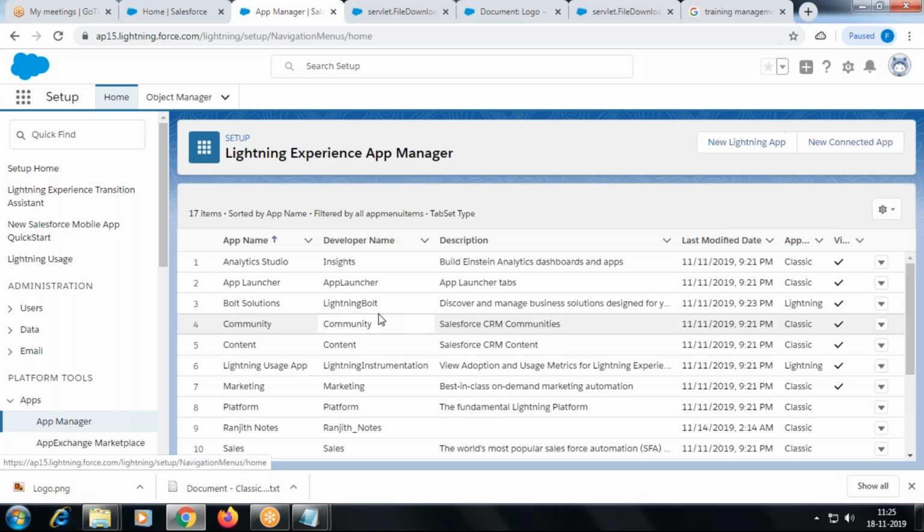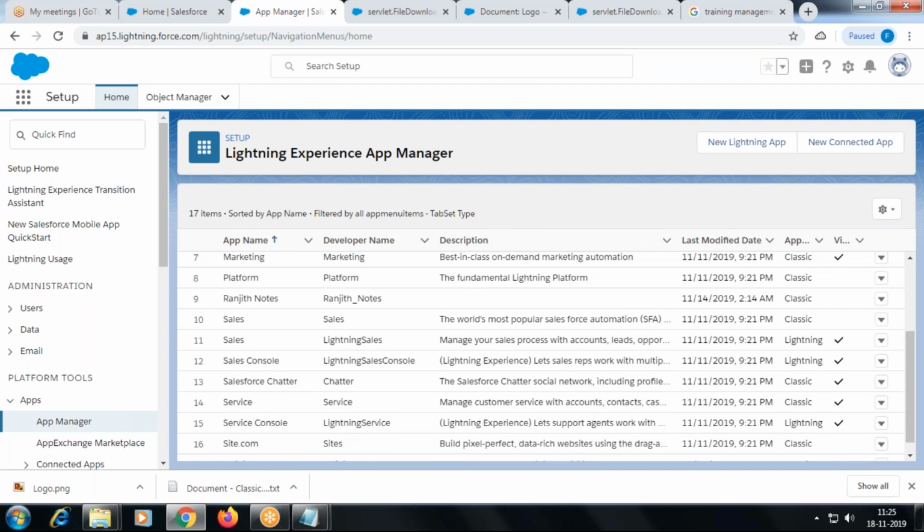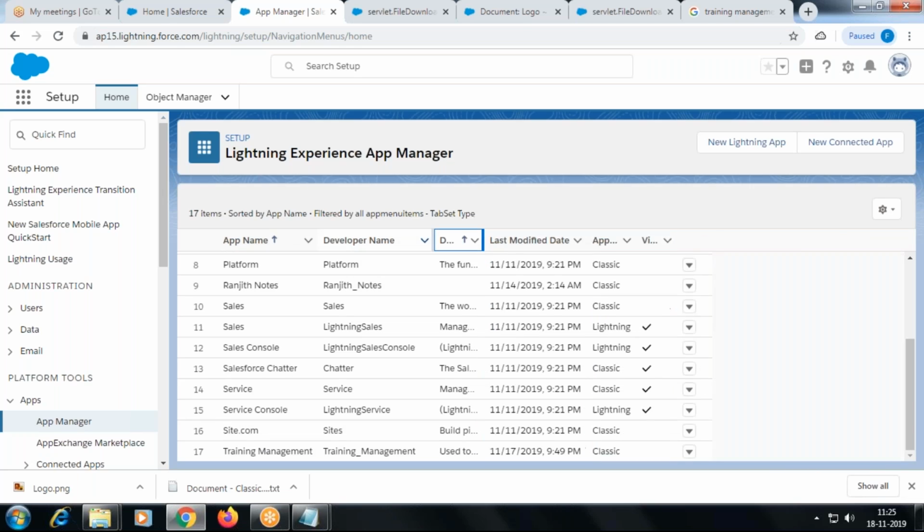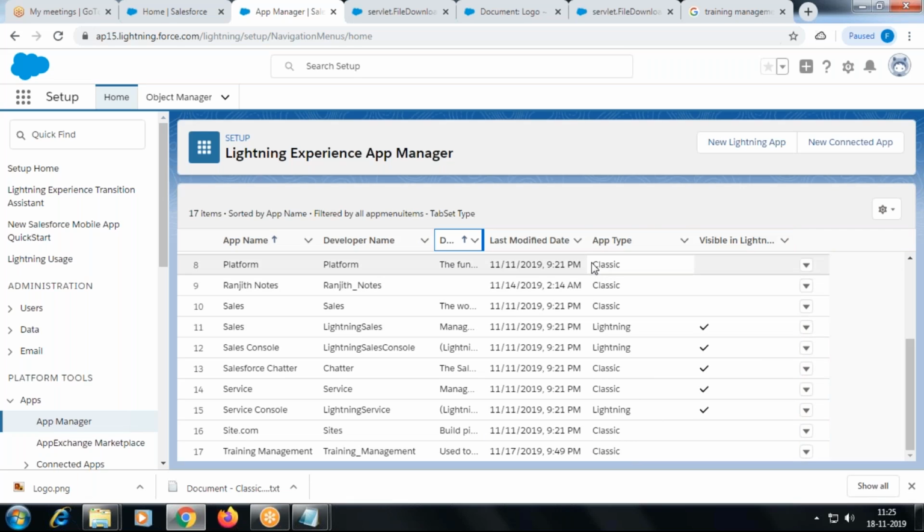So this is the place where you will see all the Classic applications as well as any Lightning applications we have, okay? Scroll down. My application is at the end. See here, there is a column called App Type and Visible in Lightning, okay?